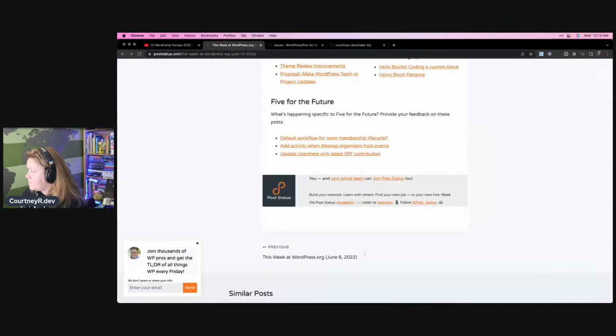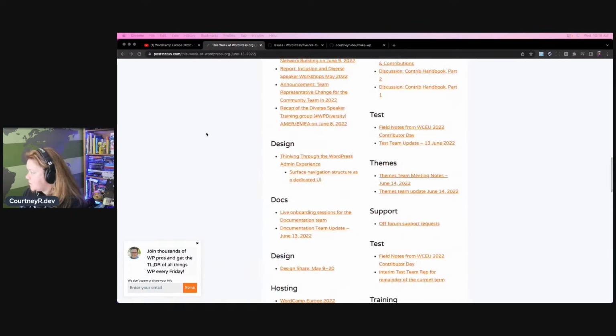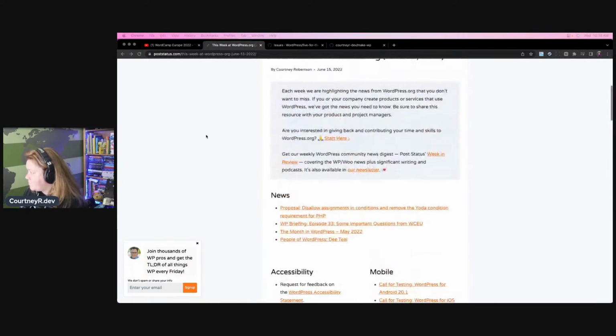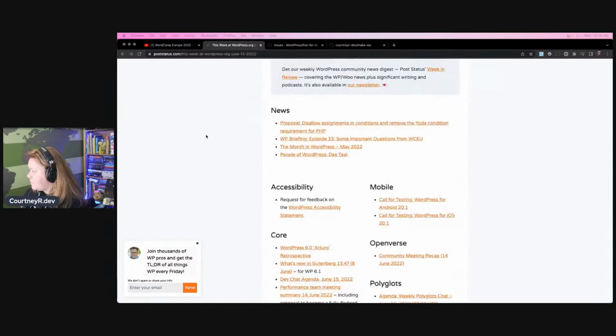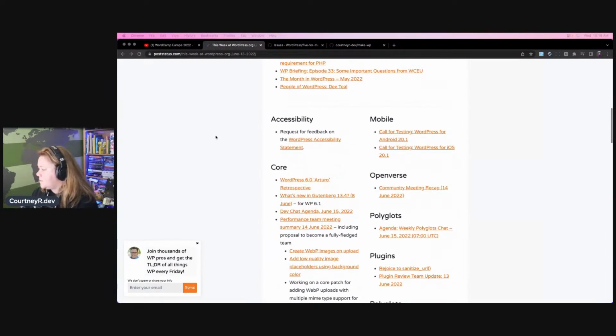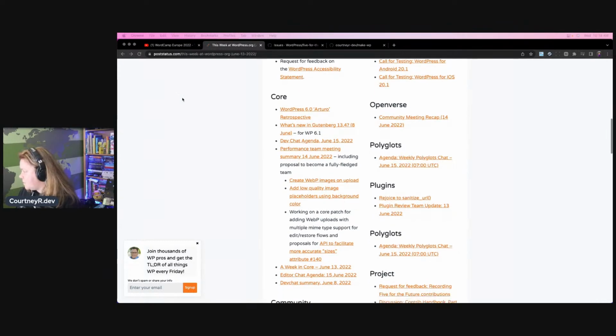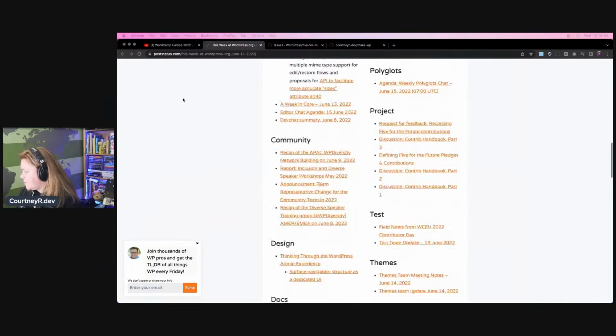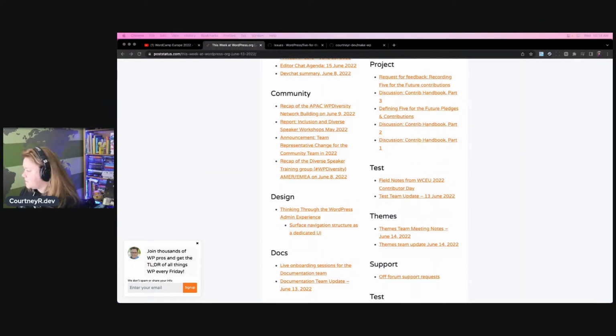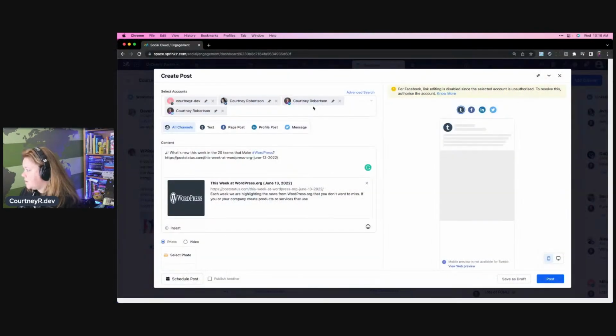And let me think back over the post briefly about anything worth highlighting officially. Like, what's the biggest things in here? Yoda could be fun to get people involved with. What else was in here? Yoda, performance team proposal, official proposal for performance team. I think those were the big ones I would lead with to get people, and maybe that design. Thinking through the WordPress admin experience. Okay, so I would say